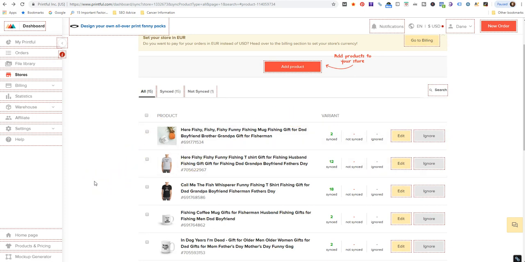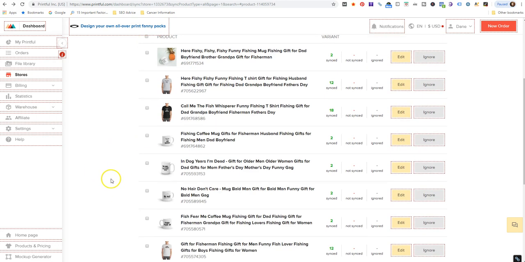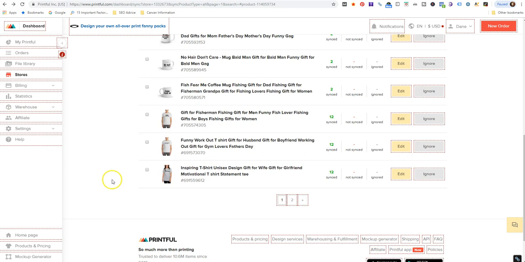So now you could be advertising your products on eBay. You could be advertising your products on Shopify. You could be advertising your products on WooCommerce. You could be advertising your products on Amazon, on all these different platforms that these applications work with. So now you're really increasing the potential for visitors to find your products. Obviously, there are other things that come into effect, like how you write your titles and keywords and tags. But I wanted to show you exactly what print on demand is and how you